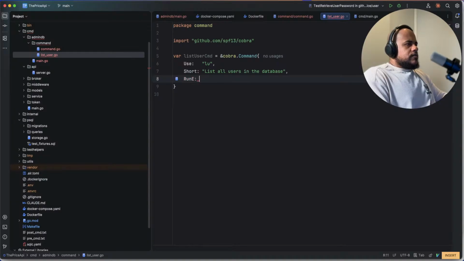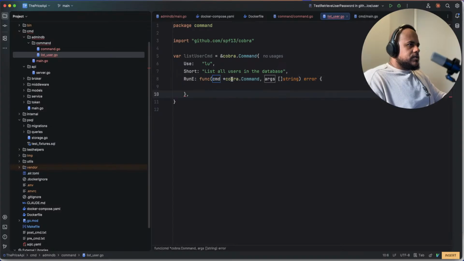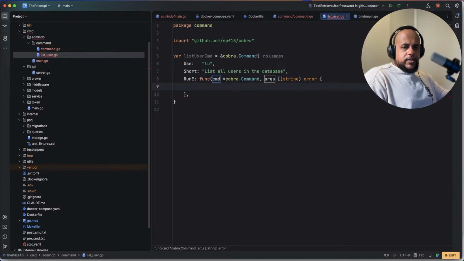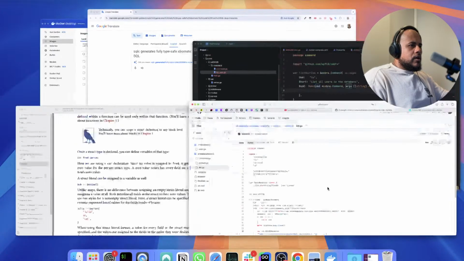And this is a function, actually. This entire function over here. This is the type of function. So we receive a command, and args, right? It is what it is. And then you can run everything inside of here. Okay, I think we are good now. Next step,